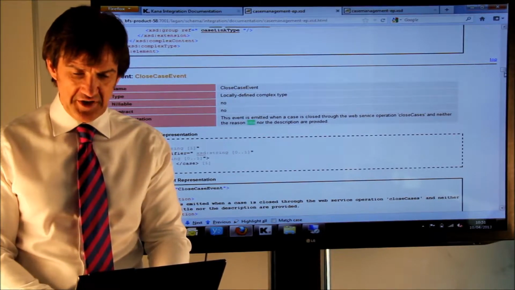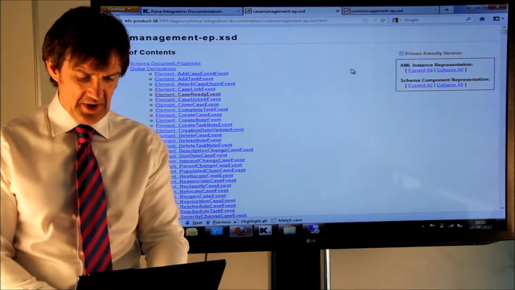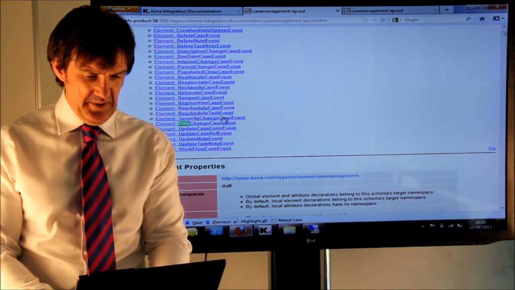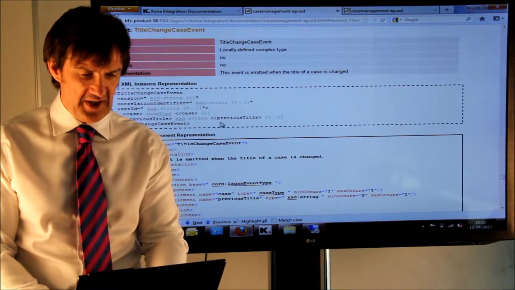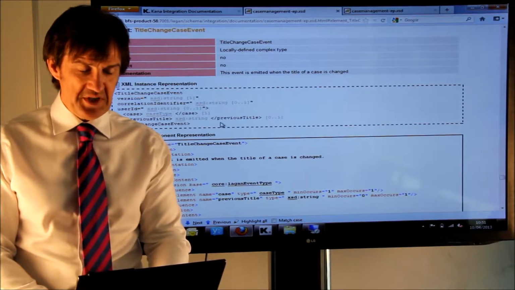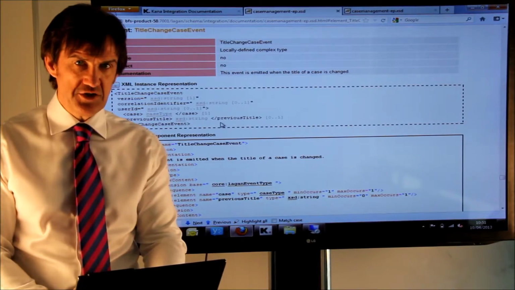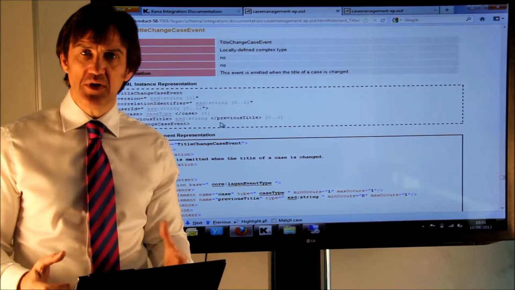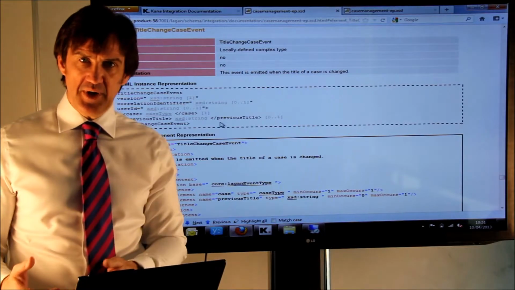So we have change events now as well. Again, customers asked for this. There are different change events. Here's one for title. Depending on what you change in a case, let's say an agent creates a case, it gets sent to the back office,